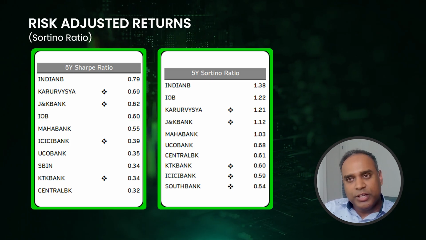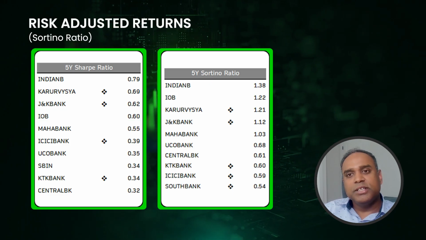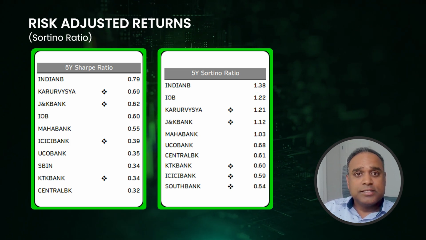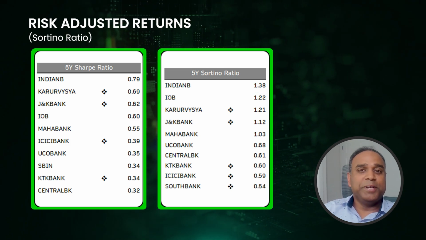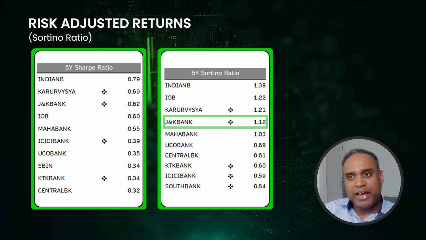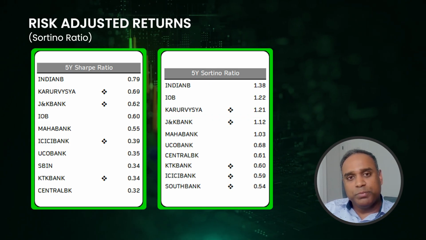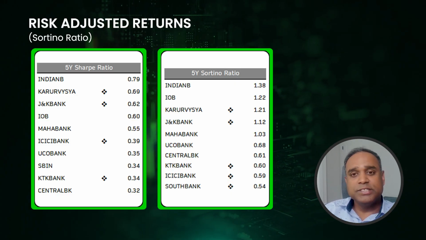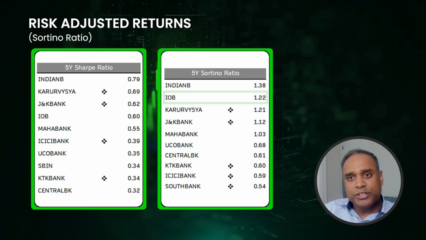But on the Sortino ratio top performers, you will see Indian Overseas Bank is number 2. And it's made a much bigger jump over Karur Vysya and the J&K Bank. Even though from a Sharpe ratio perspective, IOB was 0.6 and Indian Bank was 0.79, quite a bit of difference there, when you go to the Sortino ratio, IOB is 1.22